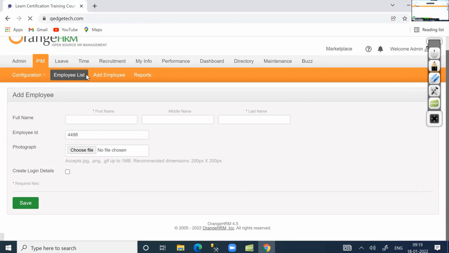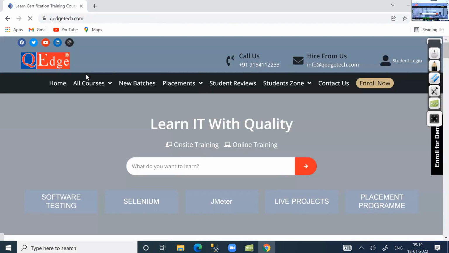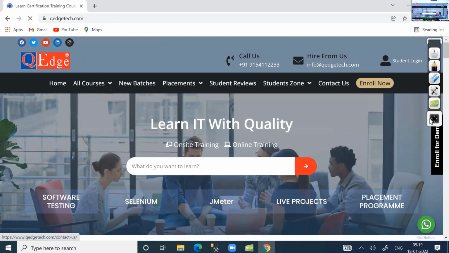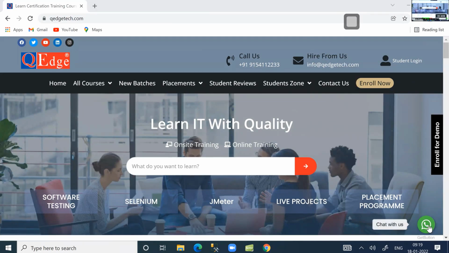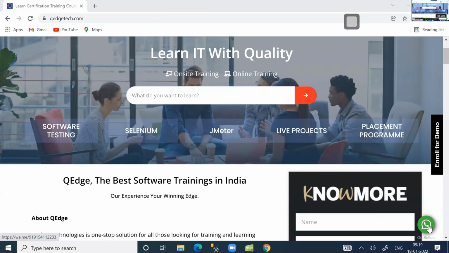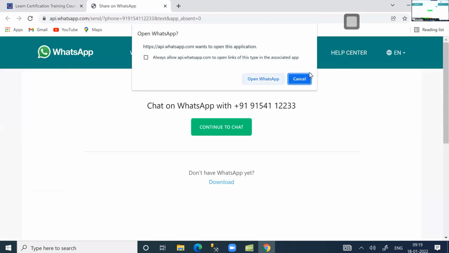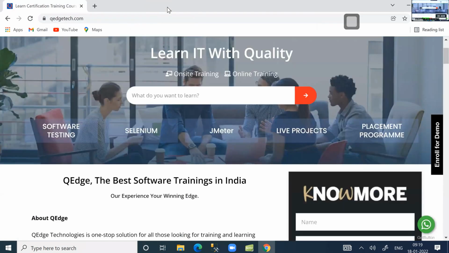I've opened the website kuwaittech.com. At the bottom you are seeing something. What is this? WhatsApp API. My question: is this WhatsApp application made by my developer? No, right? What he did, he downloaded